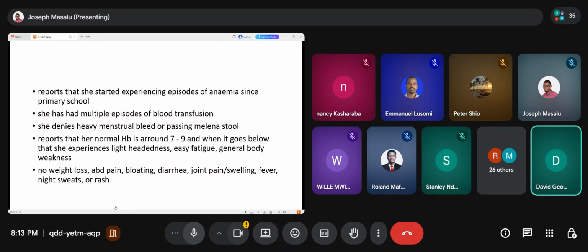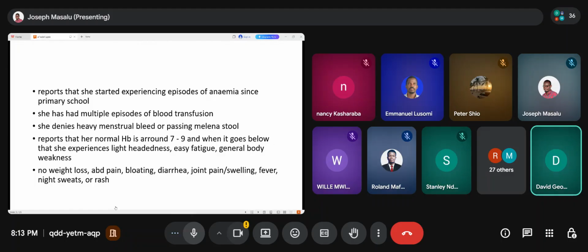I mean, well taken, but as you can see, we do not seem to have anything that is pointing us in the direction of what exactly is the cause, because most of these things that we talked about do not seem to be reflected in this history. But I believe these are some of the assumptions that we make, because this patient has had multiple episodes, and therefore it's very likely that that is the abnormality that has been picked on examination.